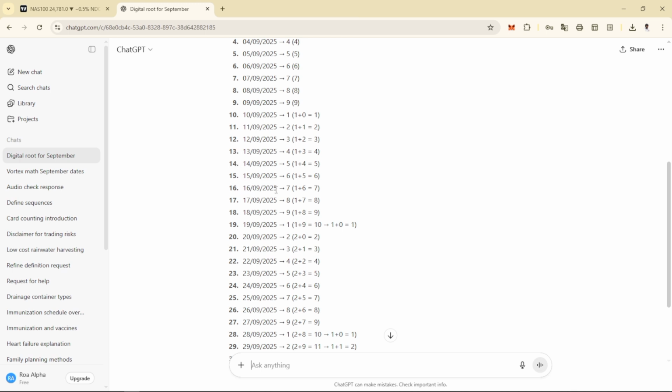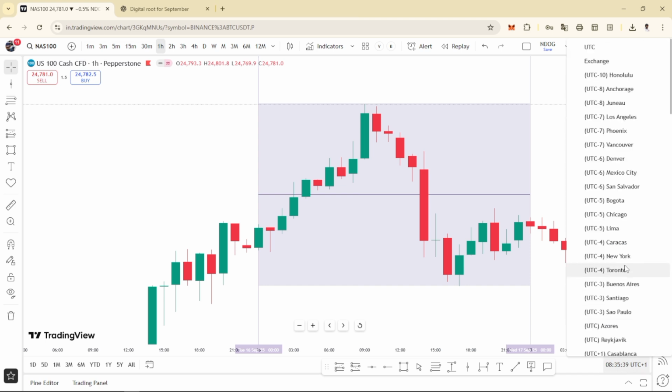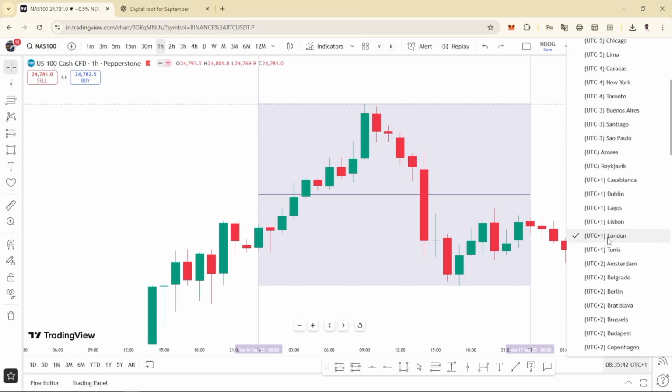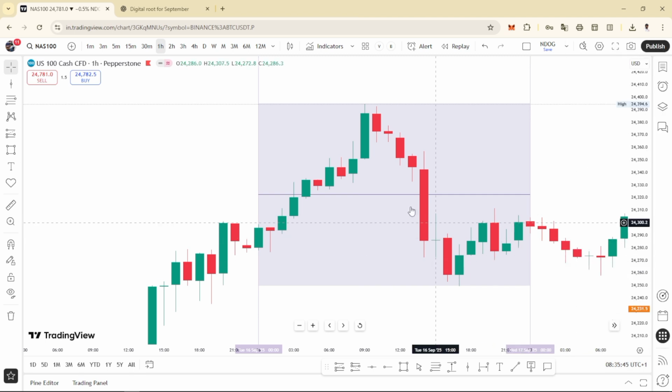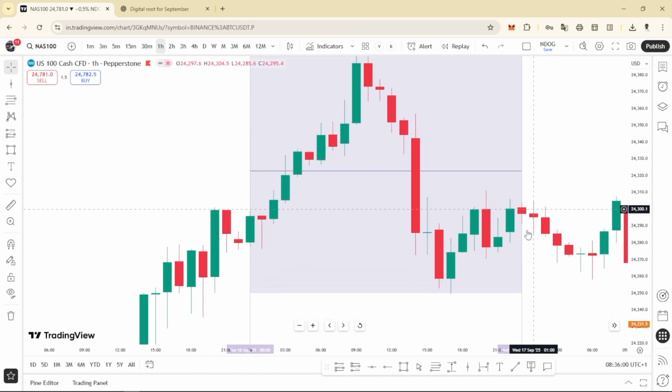And when it did the date count for the whole of September, I had the 16th of September add up to exactly 1 plus 6, which is 7, right? So on days of 7, I go back to my chart and I look for UTC plus 1, okay? If this was not a consolidation day, I would have gotten exactly the low of the day and also find exactly where the high is going to form at the hour of 5 p.m.